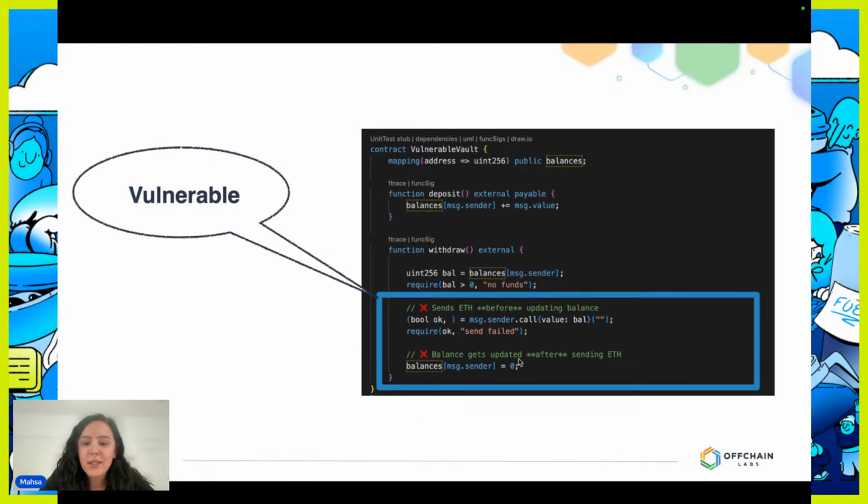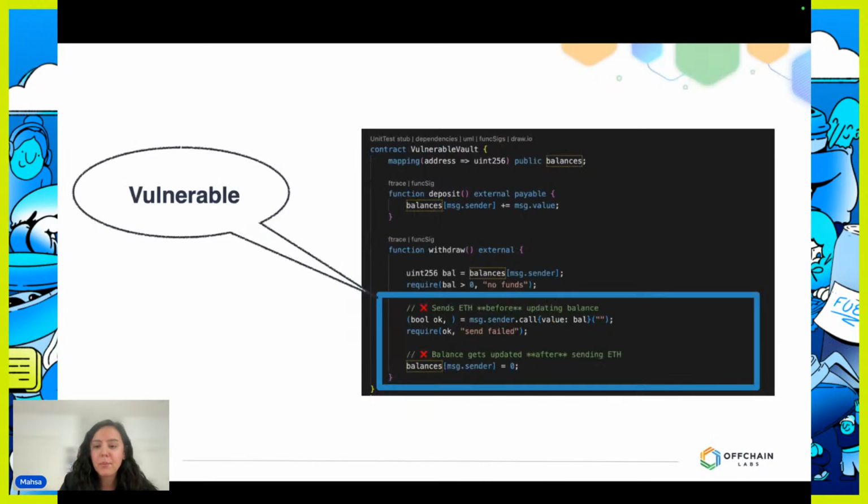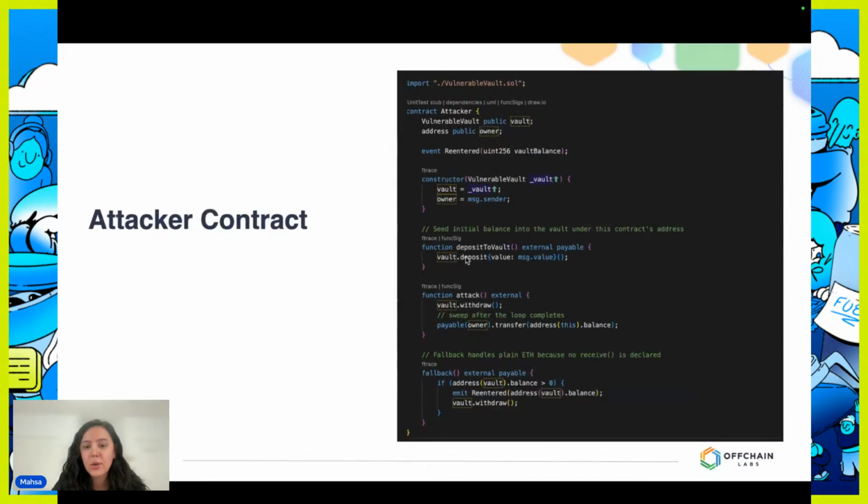So what happens here is that the attacker can call this withdraw function. This victim contract sends the attacker contract some ETH, and here's the attacker contract. First, it has the constructor to just point to the victim contract, so it knows which contract to target. And then it has the deposit. It is just setting the state. So the attacker deposits some ETH into the victim contract so that their balance gets updated and they are able to call the withdrawal. This is where the attack starts.